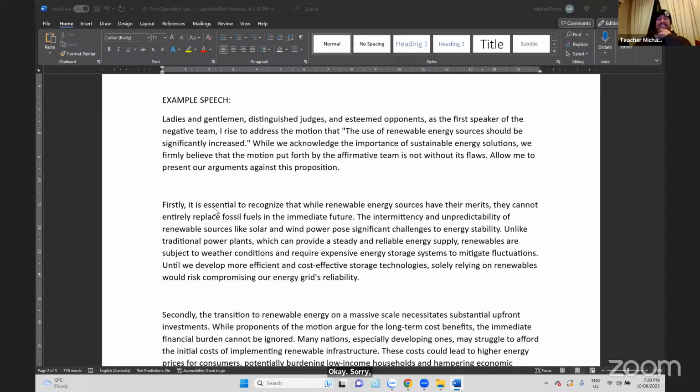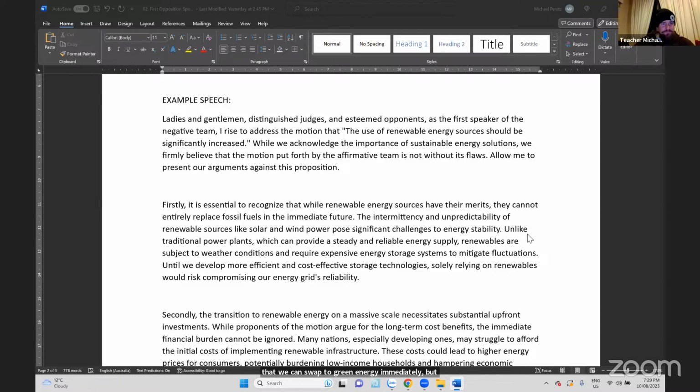So yeah, we can see the negative team's attempt to redefine the motion here. The intermittency and unpredictability of renewable resources pose significant challenges to energy stability. So we're immediately attacking the credibility of the proposition team's argument. They're saying that we can swap to green energy immediately, but there's going to be a lot of problems to